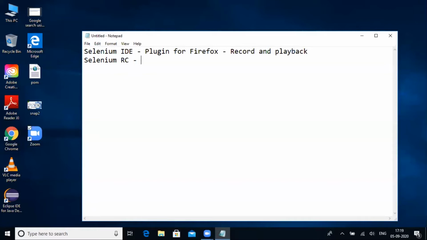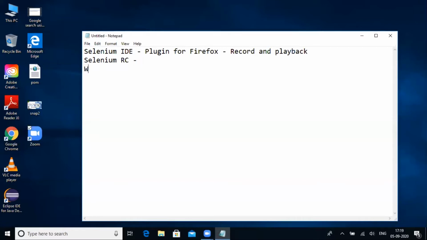It has been removed completely from Selenium. Why? Because it has some restrictions and some mechanisms which do not work properly. We found many bugs in this Remote Control, so people nowadays are not using it.